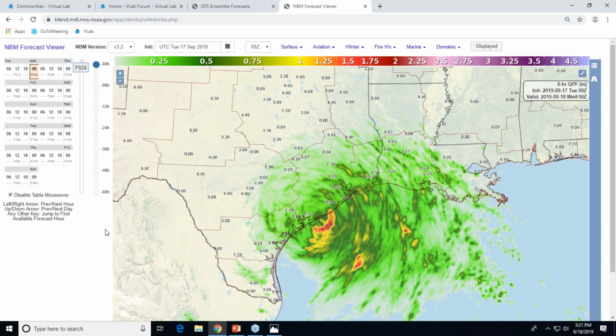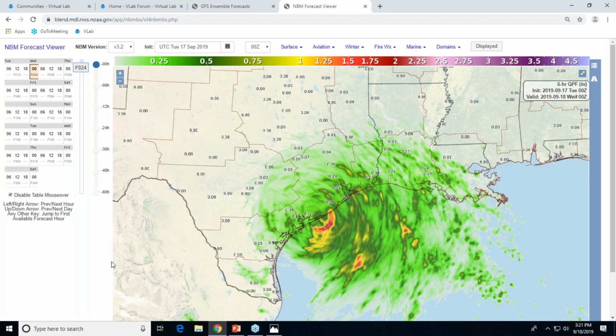So this is all about this slider. It drives certainty space, right? Probabilistic space, certainty space. So it's like how confident are we in this forecast? How is this forecast evolving? Things like that. So if we just take this valid time of Wednesday at 0Z, and we want to see